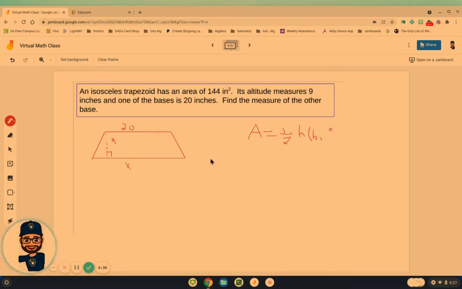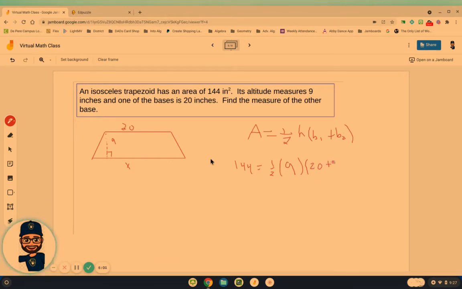And let's fill in this formula with the information that we are given. We're given the area is 144 equals 1/2 times the height. They tell us it's the altitude, so that is the height. So 1/2 of 9 times base 1, which is 20,